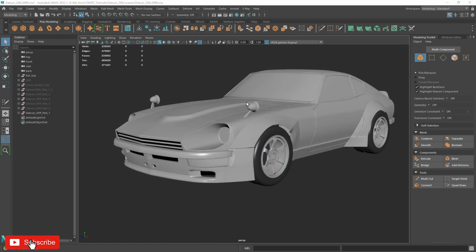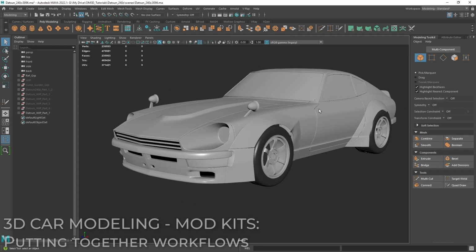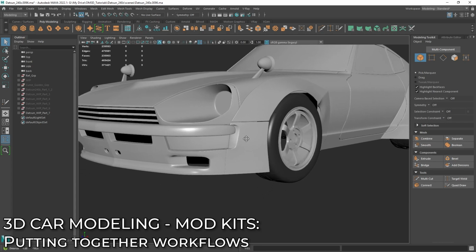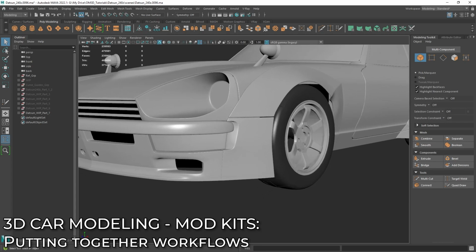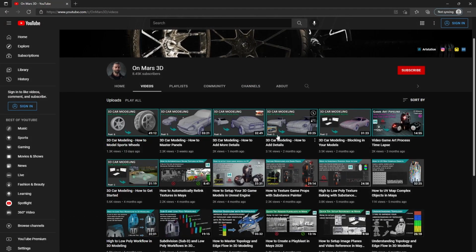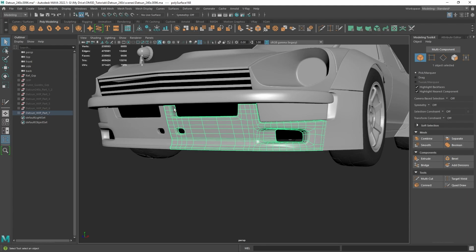All right, so now we're back to looking at the final model. And the key thing that I wanted to bring up before we start getting into the time lapses and workflows is that you'll notice that I will be using all of the workflows that I've been covering over the past 6 and 7 videos, where I'm going to be blocking in, I'm going to be refining and adding details, I'm going to be paneling, and I just go through this over and over again for each of these new parts, right? You'll see that I have this that looks pretty complex, but all I did